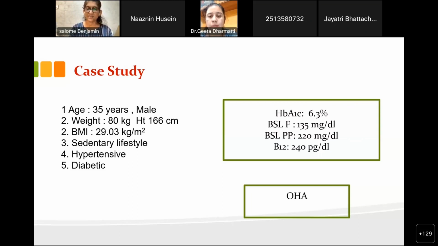That is what we are looking at here, because if you see his HbA1c, it is 6.3, and it's quite good. It is not even showing as diabetic HbA1c, but because of his weight, and maybe because of his lifestyle, he is having hyperglycemia, or frank diabetes if you see his blood sugar levels. So these are the few things as we went through, step 1, step 2, which